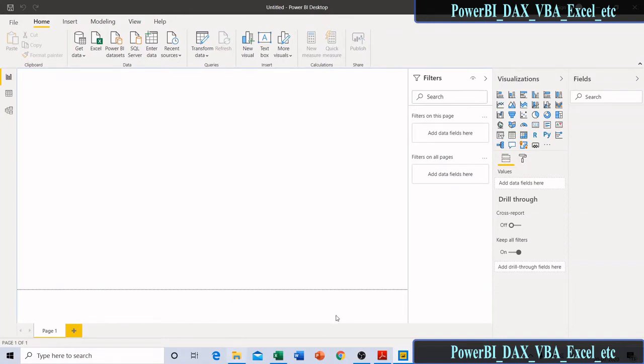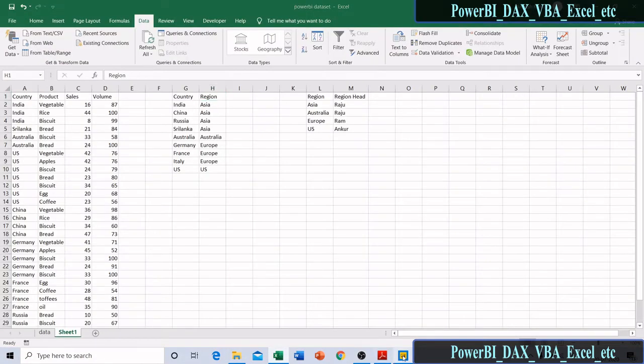I am going to import this table into Power BI.